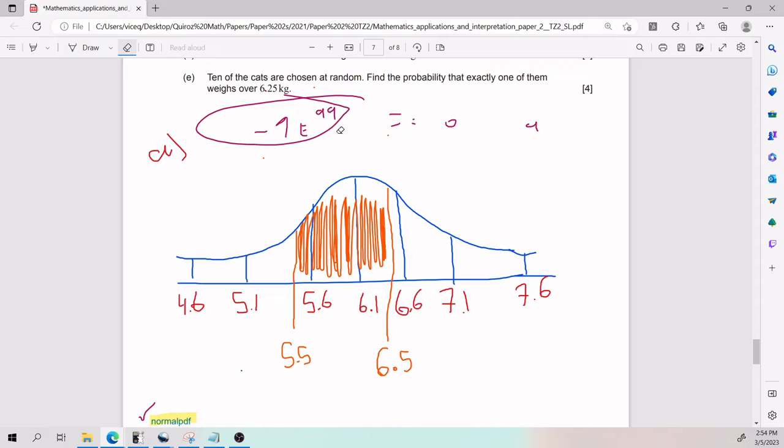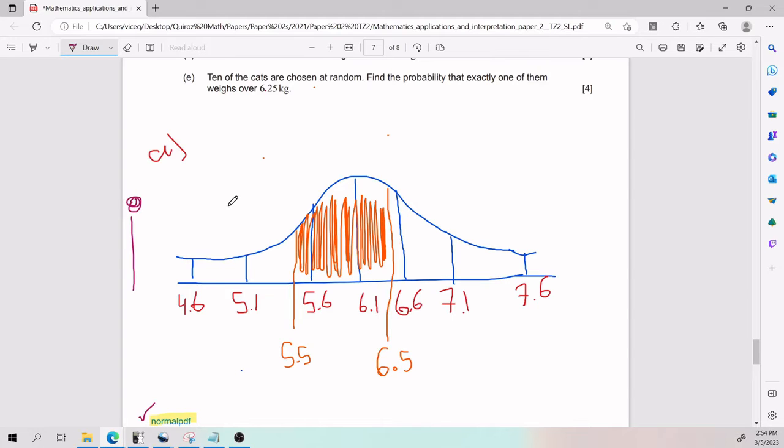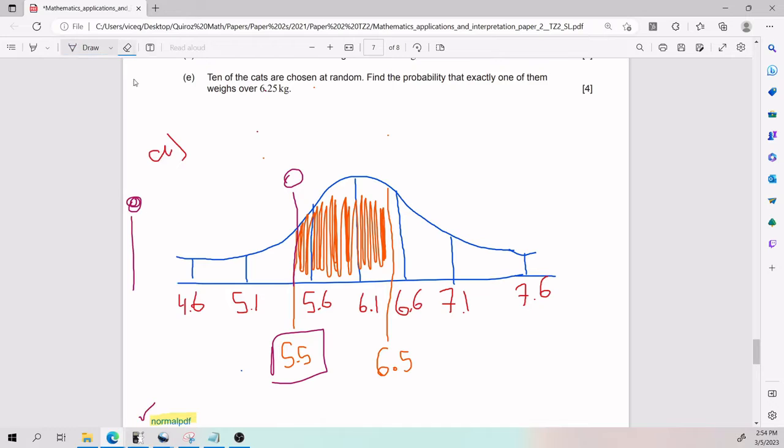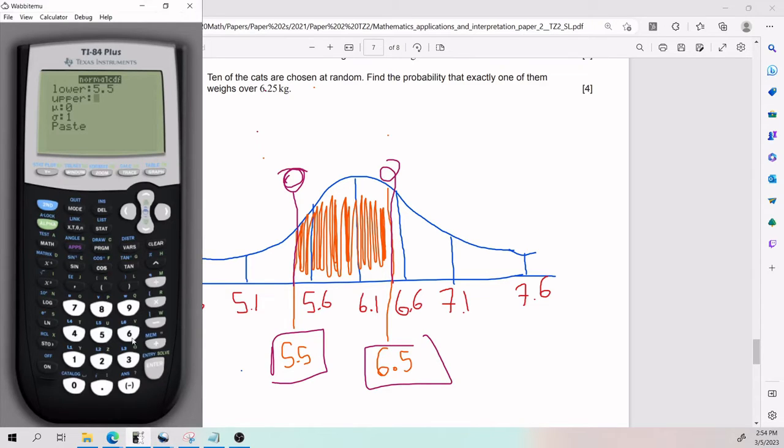So all that it's really doing in this scenario right now is that your lower end is all the way over here. But our lower end, we want it to be right here, which is at 5.5. So we're going to take this guy, change it to 5.5. So now our lower is not over here. It is indeed where I drew it before. And our upper end is going to be over here, which is at 6.5. So lower, upper, mean from the problem, standard deviation from the problem, paste. Boom,